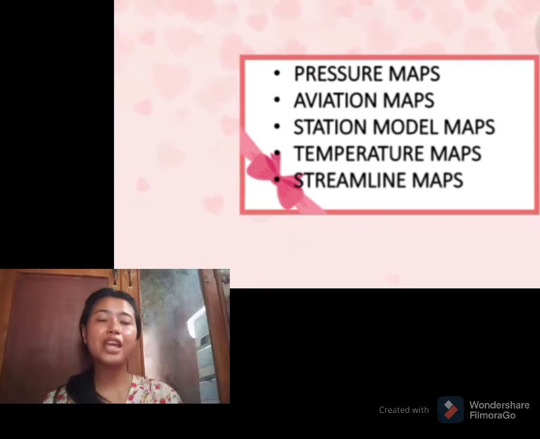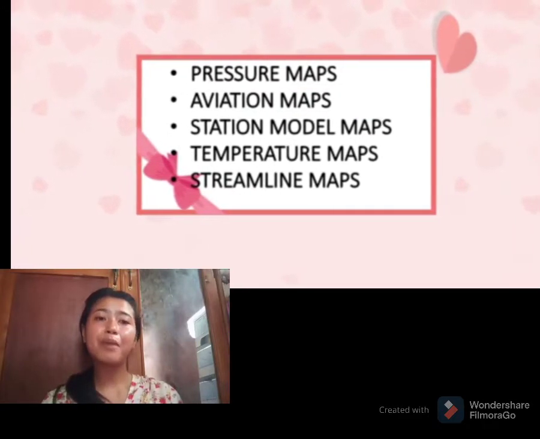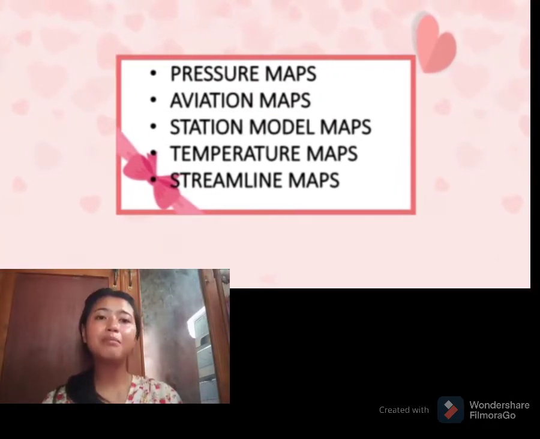And a weather map has 5 types, which are the pressure maps, the aviation maps, the temperature maps, the station model maps, and the streamline maps. With the different types of weather maps, each one tells a different weather story. Some may show the atmospheric pressure or the temperature. Some also show multiple types of data in order to give a well-rounded indication of the weather conditions in a